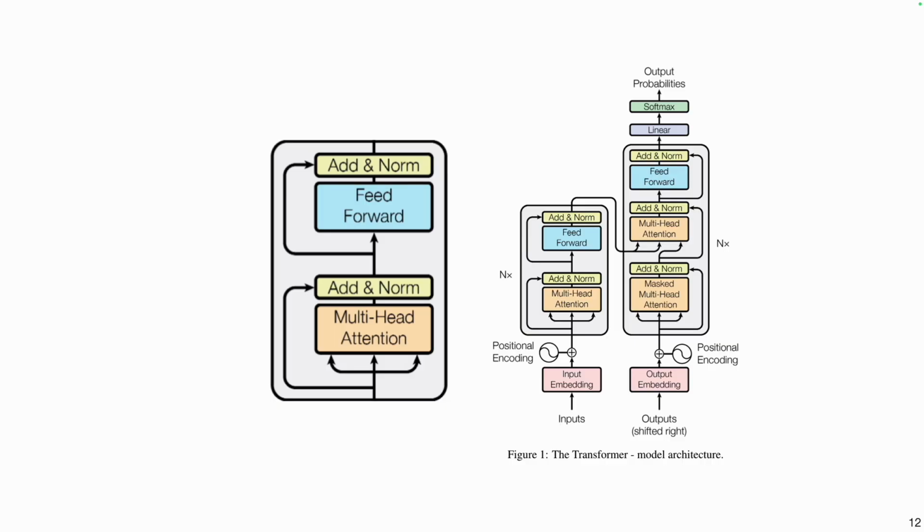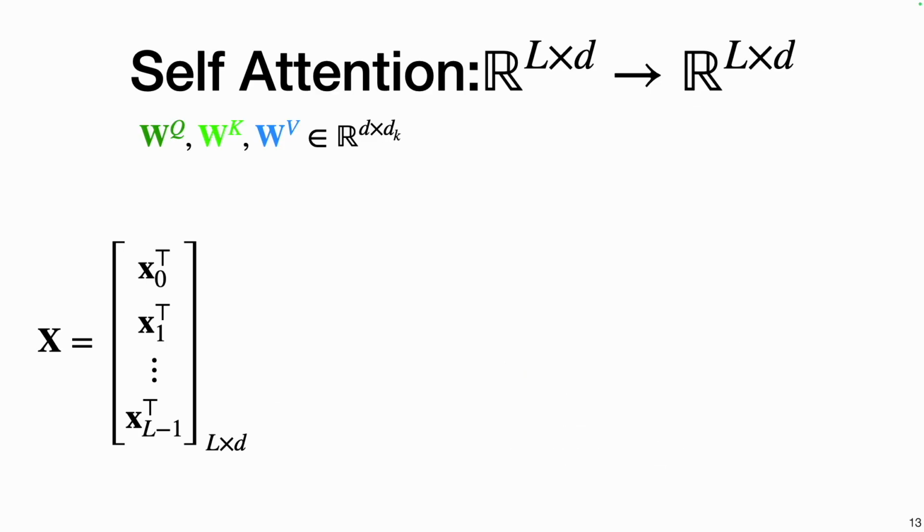It is written as multi-head attention, but it's also called self-attention. Therefore, to both make our results generalize to any domain and simplify a very hard analysis, we will focus on the self-attention block. So let's look at what the self-attention block is. You can think of its input as the X matrix you see here, a sequence of L entities. All of them are embedded into a d-dimensional vector space.